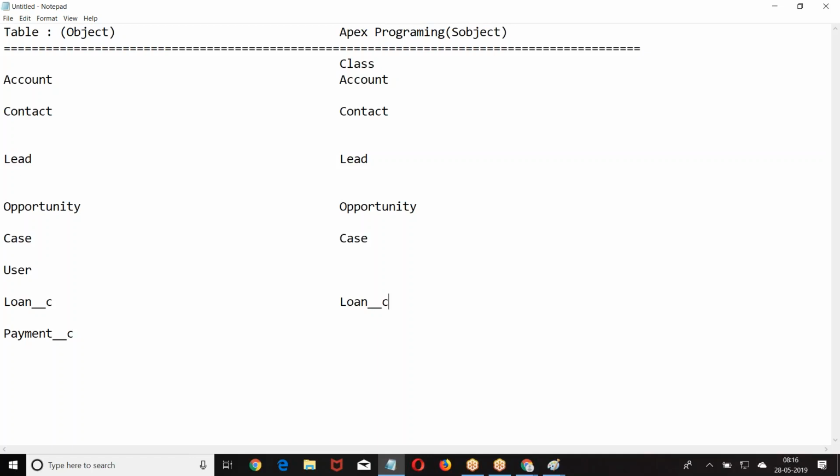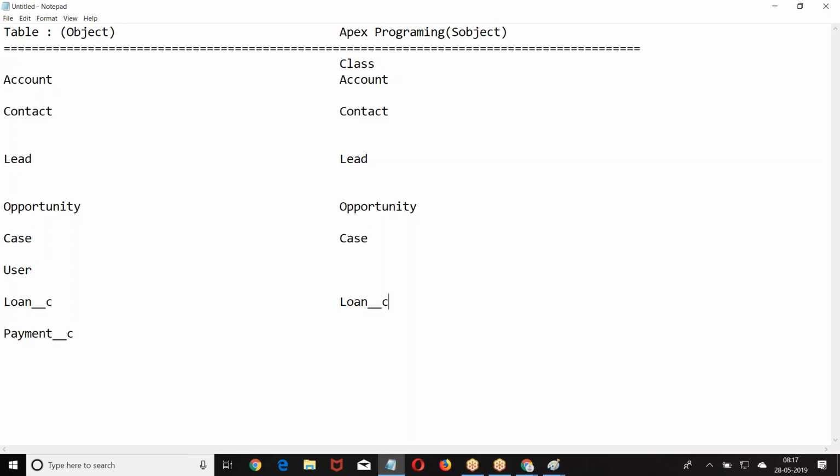Whatever the table we had, if you want to use it in Apex programming, we are supposed to use the corresponding class. You want to refer to a record in the table, an object of the class. You want to refer to a group of records, a list of the class. So how do you refer to the table?